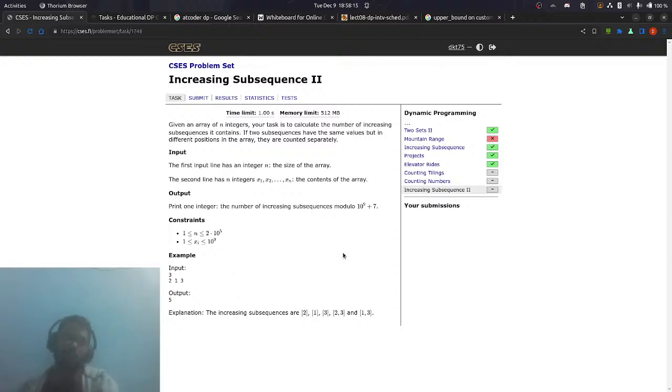So first of all, each number will be counted in itself for the solution, since they are increasing. Since a single element is always sorted type of thing. So, okay. For the next one,